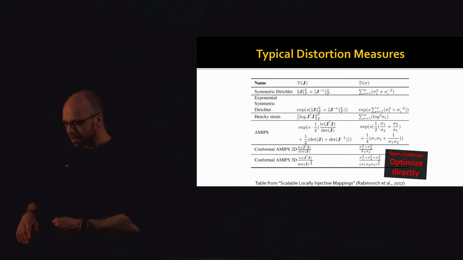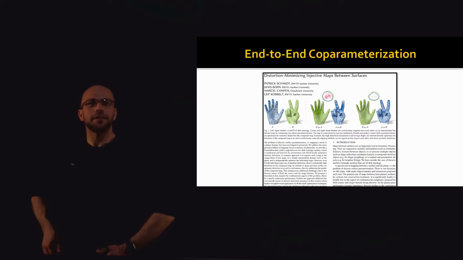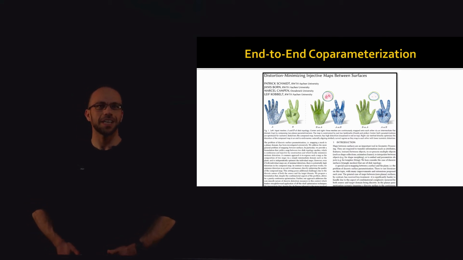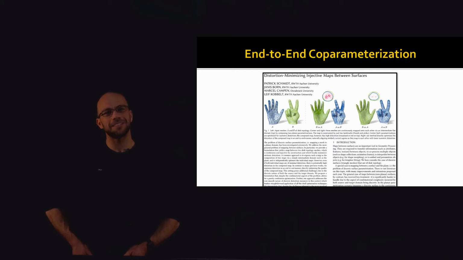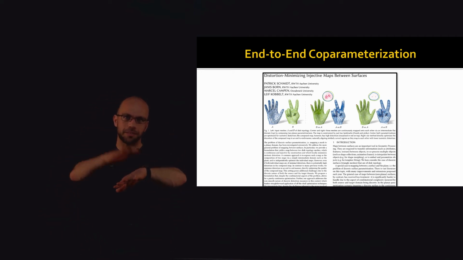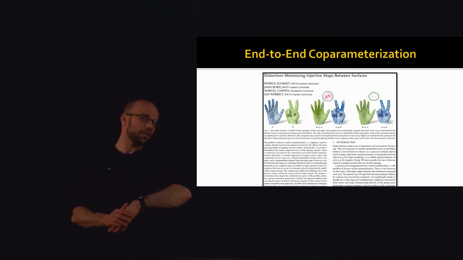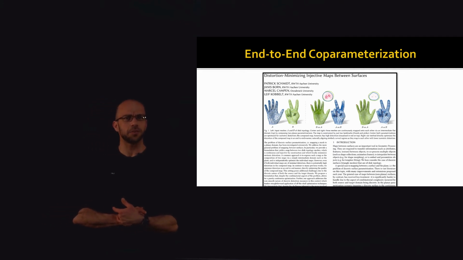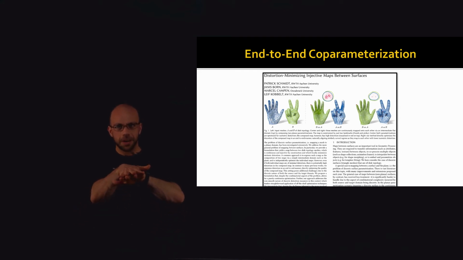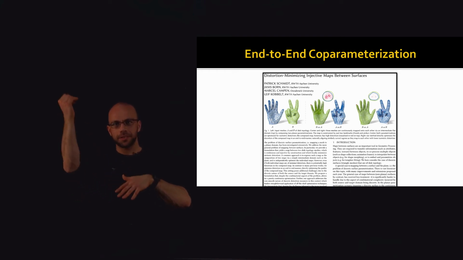Incidentally, there is very recent work that I thought I would highlight for you guys and send you to go take a look at, which actually tries to combine some of these strategies. So here in this distortion minimizing injective maps between surfaces, all these papers have very similar titles. The basic idea here is that maybe we use these Tutte style strategies to co-parameterize two surfaces, which is useful for getting an initial mapping which is bijective from one surface into another, but it's not necessarily very low distortion. So then after that, you can do essentially adjustment of those co-parameterized maps to reduce the distortion of the composed